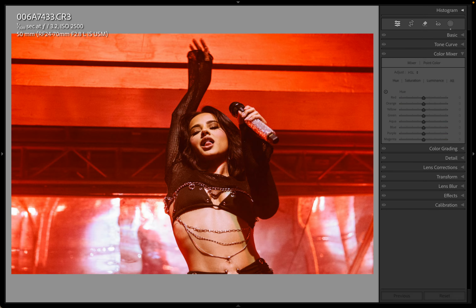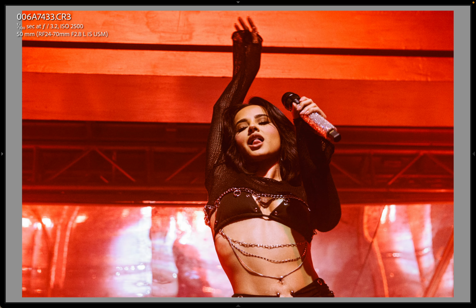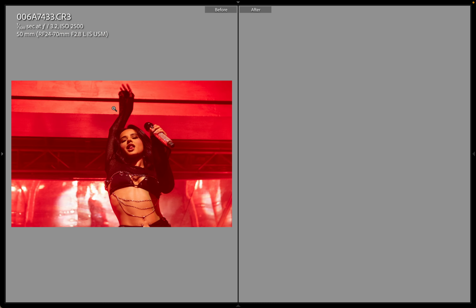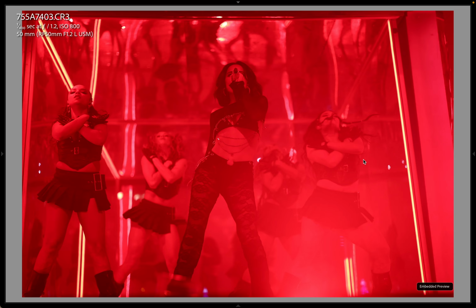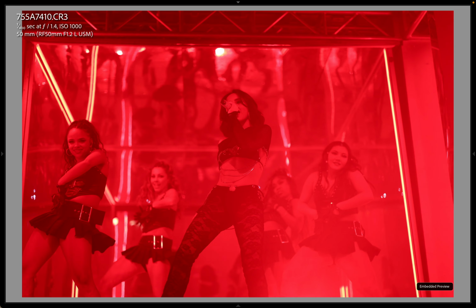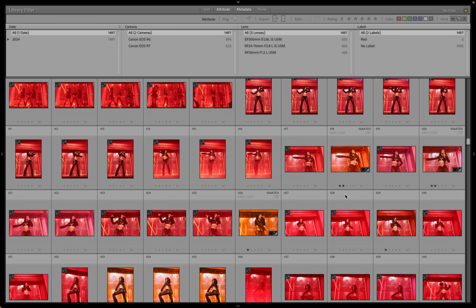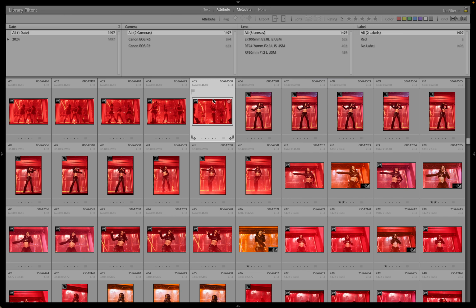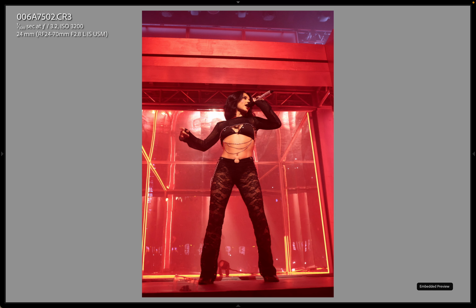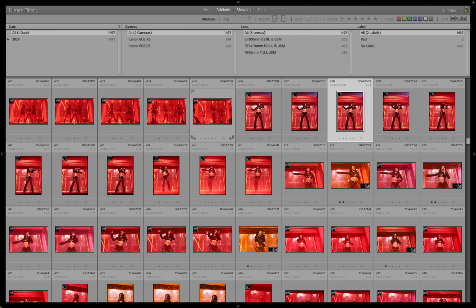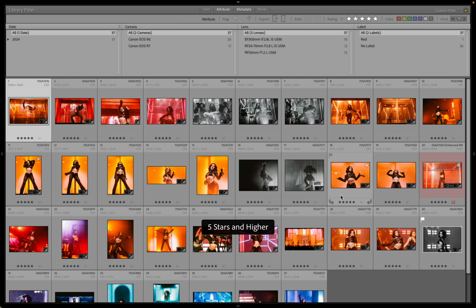Some more shots. These are just sharp, clean, good light. I waited a lot for the light to be complementary and not be just a hard red cast like so much of the set was. You can see a lot of the set was like this, but then there would be moments where she would come out into, so here we go. So this would be a lot of the set when she was in that room, especially the lights just hard red cast, but then she would walk out into the spotlight and then you have great light to work with. So most of my edits and selects came from when there was a spotlight on her that made for good light.